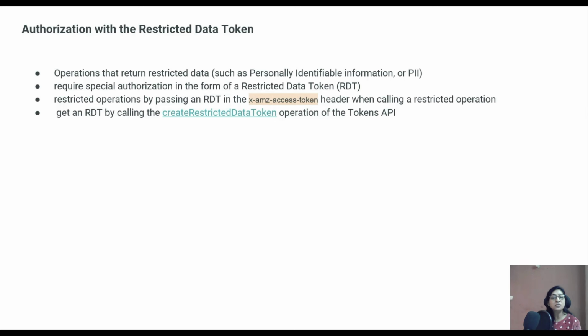The other token is used if you are not using the restricted API, but if you have to use some personally identifiable information, that is PII, or any restricted data on your Seller Central, you need to have access to the restricted data token. Now, what is this access token? How is it generated? We will still cover that in further steps, but just to brief you, once that app is added in your developer account, a token is generated.